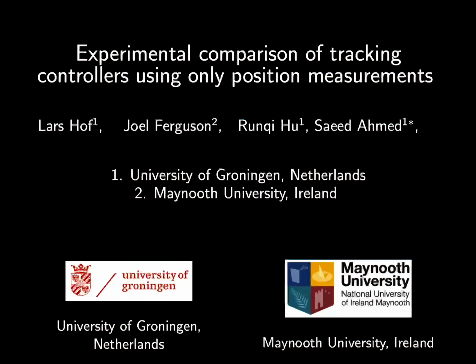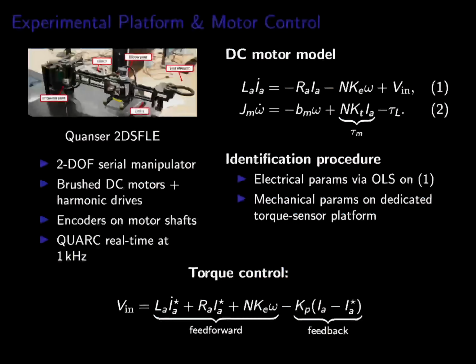In this work, we perform system identification and experimentally compare tracking controllers that use only position measurements. Our platform is a Quansor 2-link manipulator with brush DC motors and encoders. The controllers we test assume torque inputs, but the hardware is voltage driven. So we identified the motor parameters and implemented a feed-forward plus proportional current controller that lets us command joint torques